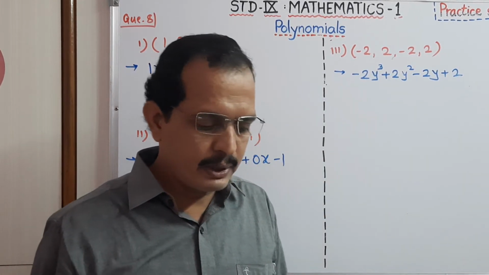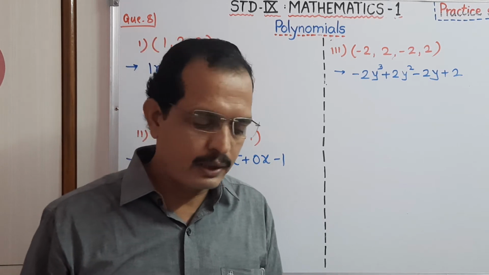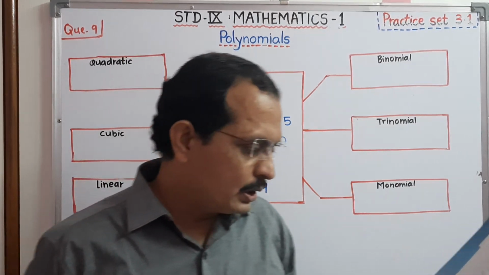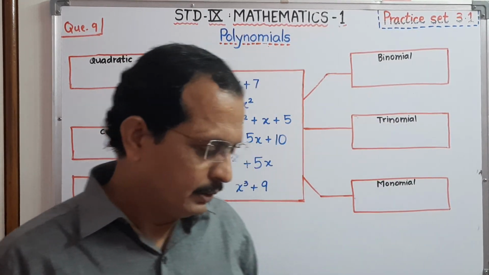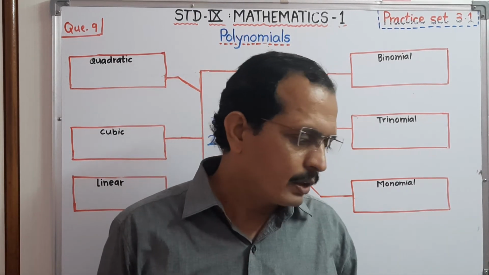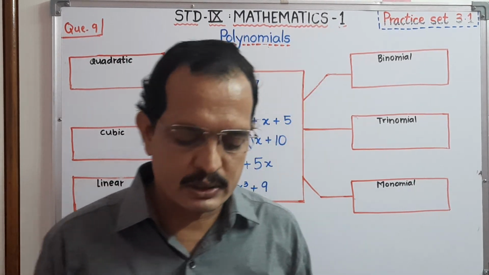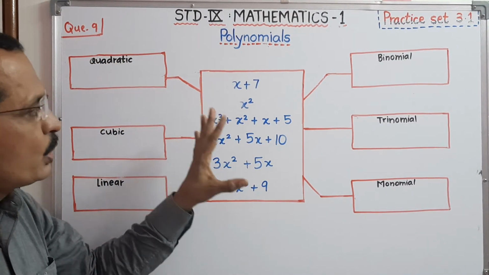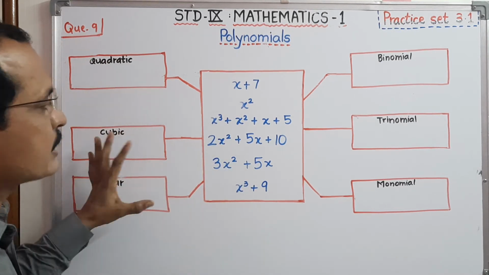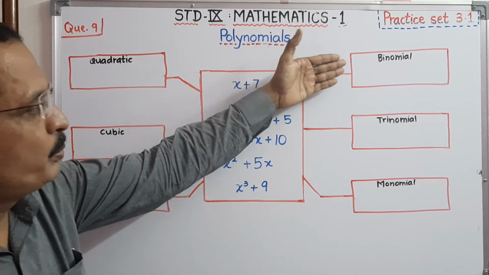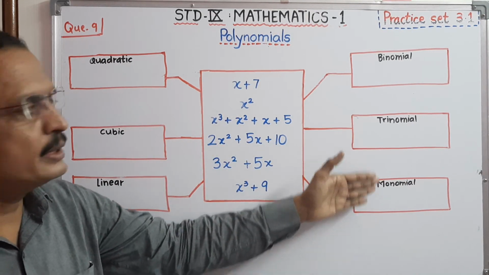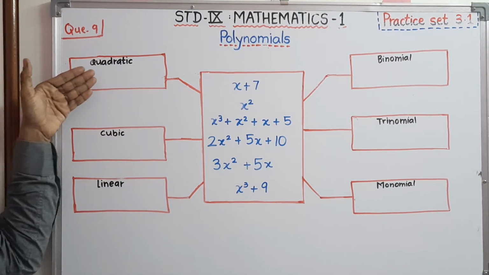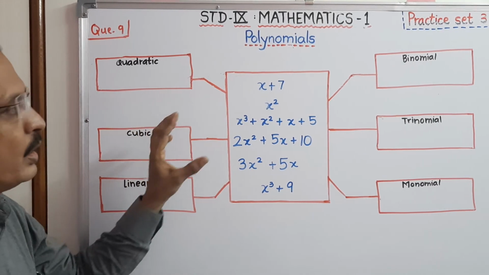Now one activity based question, the 9th one, is given and we have to complete it now. Dear student, let's see the 9th sum. Very interesting activity based question. Write the appropriate polynomial in the boxes. See, some polynomials are given and we have to divide them into various types. All of you know binomial, trinomial and monomial. These types are based upon the number of terms, and linear, cubic and quadratic depend upon the degree